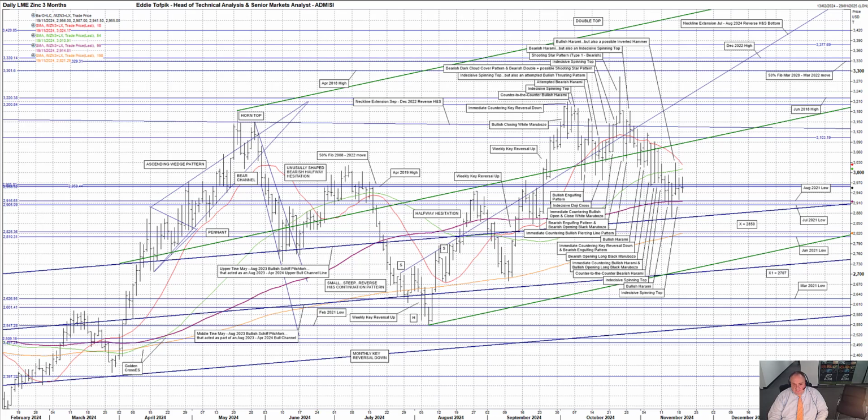LME 3-month zinc. 12 weeks ago, prices drove higher, prompted by a small late July to mid-August reverse head and shoulders pattern, up over the June 2021 low at 28.10, over the broken old dark blue upper line, currently at 28.67, of the May to August 2023 bullish shift pitchfork that subsequently acted as an August 23 to April 24 upper bull channel line, then over the short medium moving average, currently at 30.11, the mauve medium moving average, currently